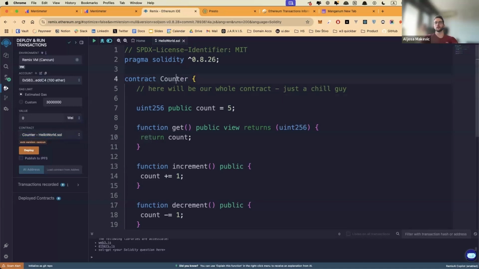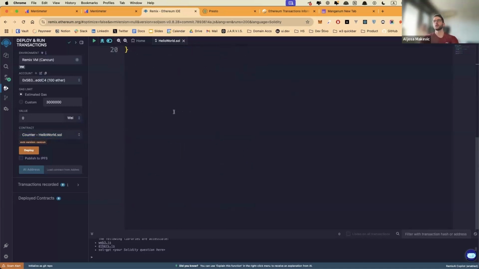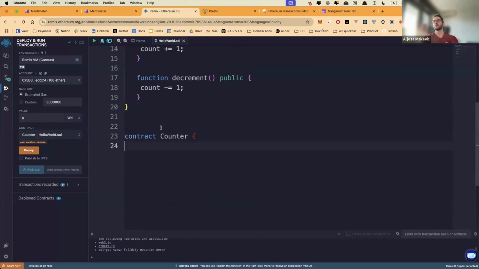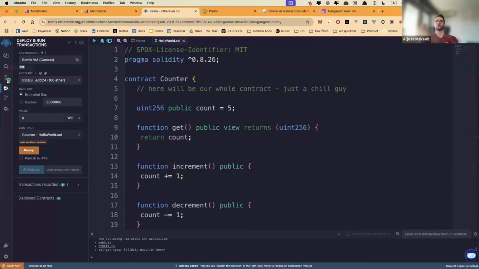If we made another contract in the same file that we called counter, you would see both of them here. And you can deploy them separately because they're separate contracts. So it's recompiled, there's only that one. We want to deploy this. So I'm going to say deploy.